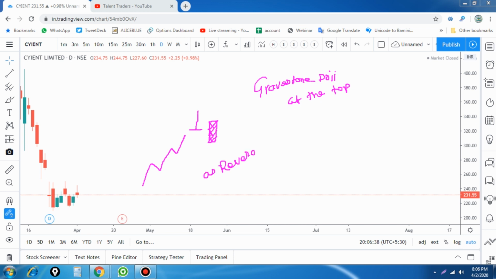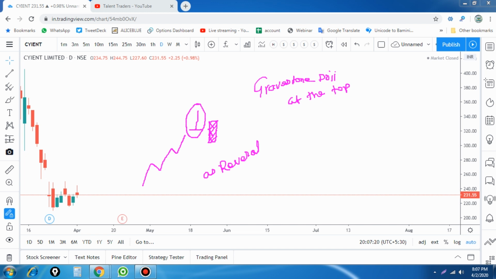For each and every candlestick pattern, we use it in two ways: we have to find whether it is a continuation pattern or a reversal pattern. This candlestick pattern can be used for the reversal in the trend. Here the market was previously going upside and it forms a gravestone doji at the top, which is an expected trend reversal, but not confirmed by this candle alone. We have to see the next candle.